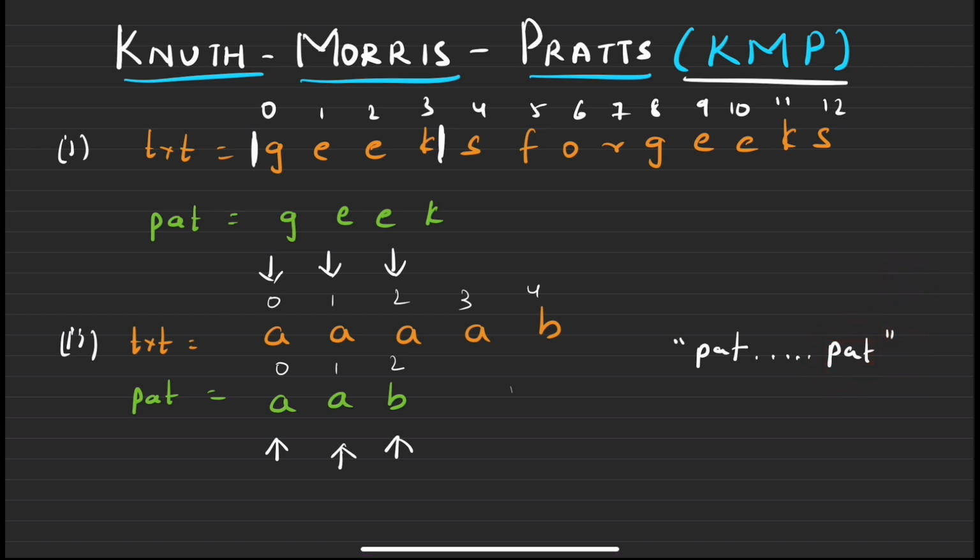So instead of bringing the pointer again to here, you can bring it to here, right? And you start computing your string matching. Simple. So that's what we apply in our pattern. That is, for the first character as a pattern, this is the first occurrence, so we can ignore this. But when we see this, we have already seen here. So instead of bringing the pointer from here directly to here, we can bring it here because these both are